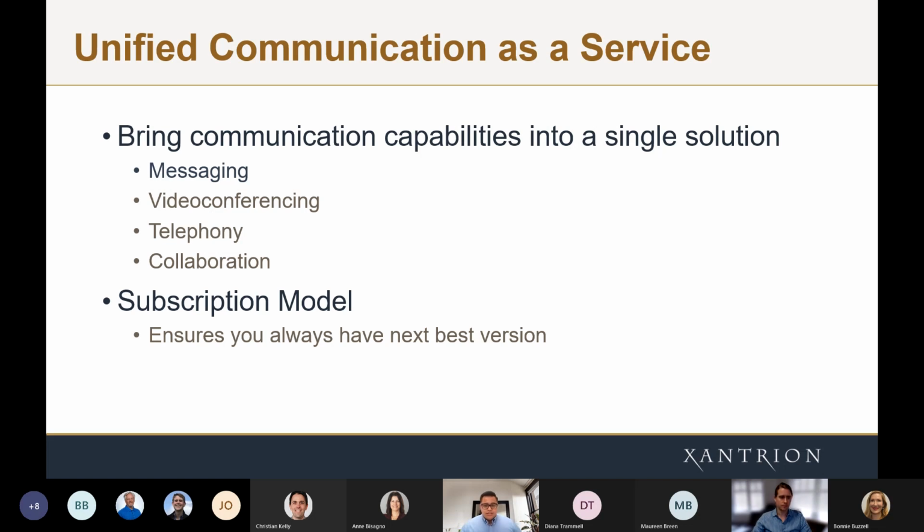When we're looking towards a subscription model, we're looking more at paying a monthly fee that is manageable. You can build it into your budget, and it's easier for the organization to plan around. Now, the other piece that's also very important to understand is that you're always going to be getting the latest and greatest version of that software.